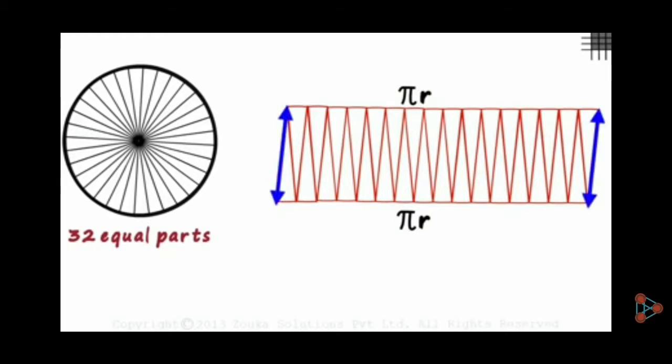And what about this length? This length, as you can see, is actually the radius of the circle. Even this length is the radius of the circle. But if you notice, this is slightly slanted and is not a perfect rectangle. So we can say that it is approximately equal to the radius of the circle, which is r. This will be r and this too will be r. This is the length of the rectangle and this is its breadth.